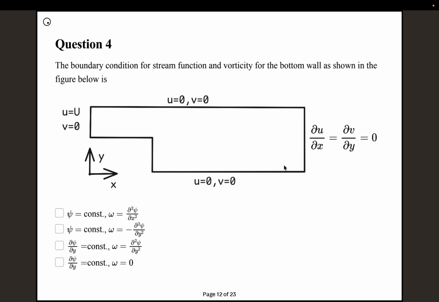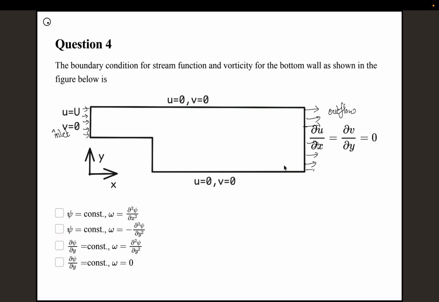Okay, let's take this problem. This is another benchmark problem. This is the backward step. So what would be the boundary condition for stream function and vorticity for the bottom wall, which is u equals to 0 and v equal to 0? We have again solved it just now. So all of them are walls except for this, which is an inlet condition, and this is an outflow. Everything else is wall. So whenever we have wall, the condition is psi is constant, and omega will vary depending on